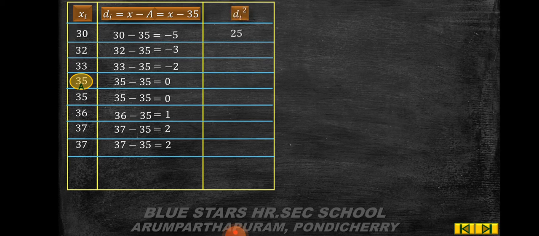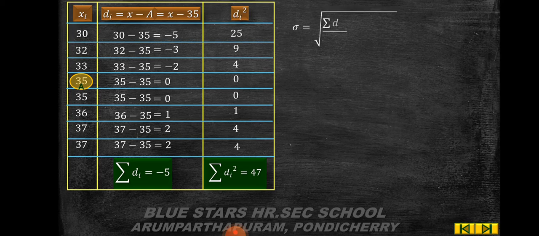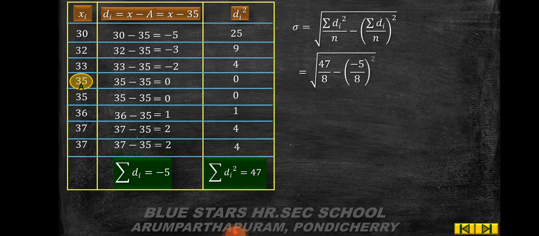So di square is 25, 9, 4, 0, 0, 1, 4, 4. So summation di is equal to minus 5 and summation di square is equal to 47. Now we have to find the standard deviation. Sigma is equal to root of summation di square by n minus summation di by n the whole square, which